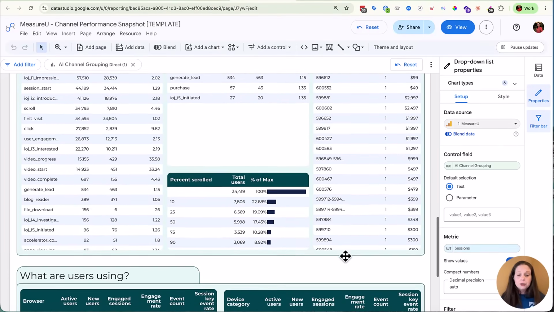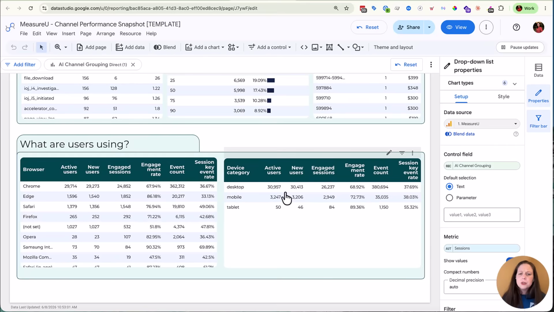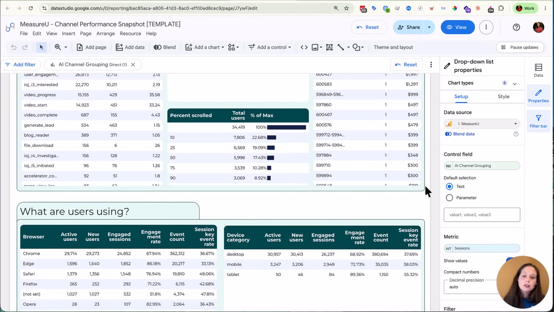So you could go through, and then we also have what users are using, and this is where you can go through. I wanted this one on our dashboard just because for us, for our teaching, for our students, we have a lot of desktop traffic, and I was really kind of curious because we all know when we're doing AI stuff, we're on our phone and we're typing, and we're trying to answer questions, we're doing work on the phone. I was kind of curious if it changed from other traffic sources. Did AI change to be predominantly more mobile? And the answer was no. You guys aren't searching for us on mobile, but that's okay.